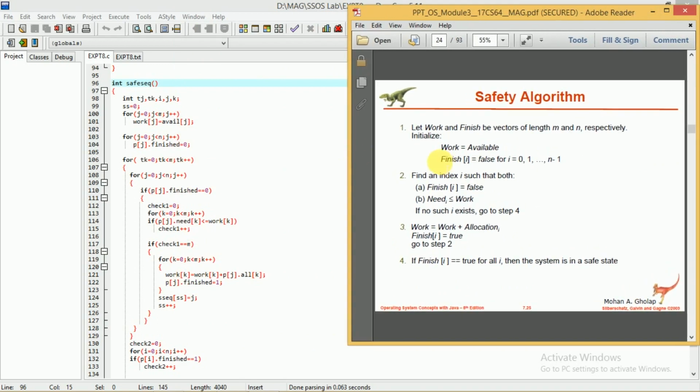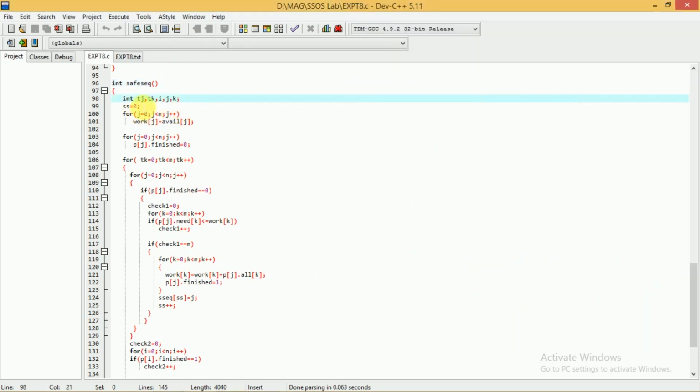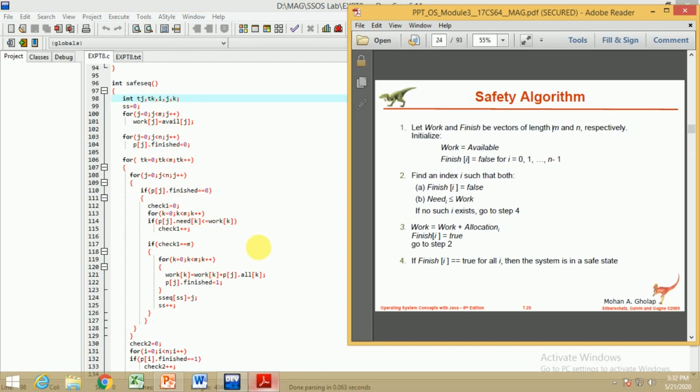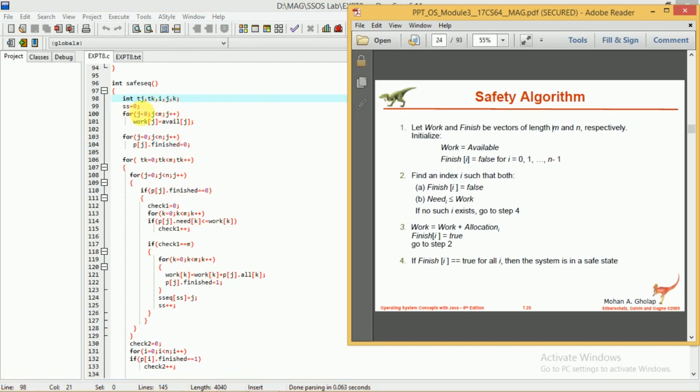Okay, so see here, int, we have taken some variables here again, that is tj, tk, i, j and k. After that here we have one more variable, ss equal to 0. Then we have a for loop here, that is for j equal to 0, j less than m, j plus plus, work of j equal to avail of j.